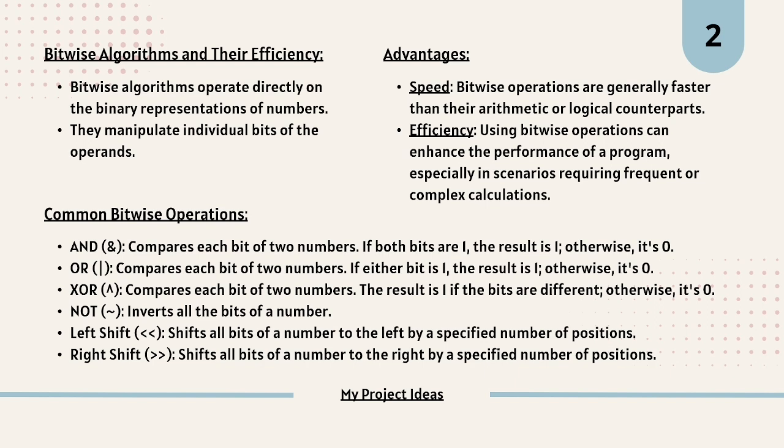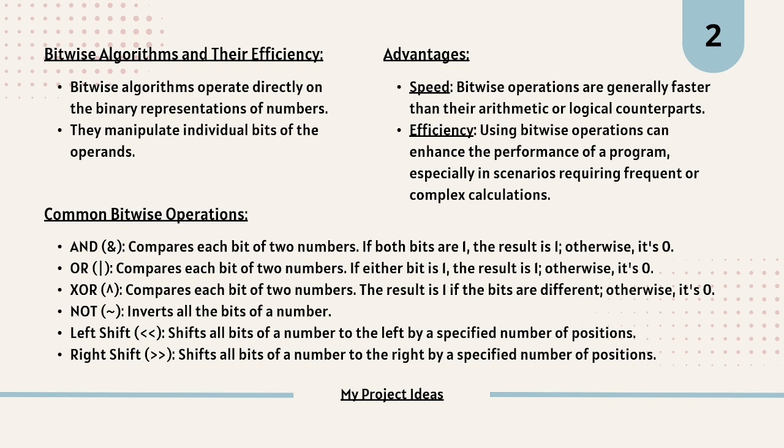What are operands? Operands are basically the values. Suppose it's A plus B. The number or the individual value on which the operation is performed is called an operand. Like 2 plus 3 is 5. So 2 and 3 are operands and plus is an operator. 2 plus 3, the whole term, is the addition operation. Got it? Now, what are the advantages?